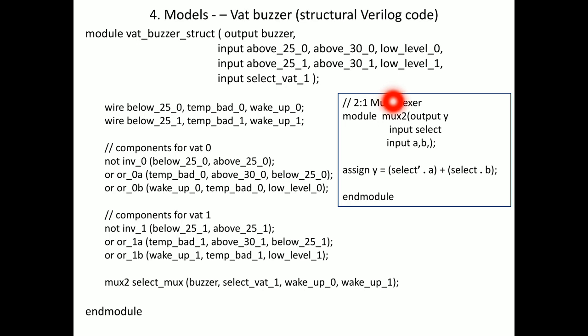Whatever name you have given in this module, mux2, in small case, while doing module instantiation you should use the same name. You should not use capital-case MUX and small-case mux interchangeably. They are pronounced the same in human speech, but small-case mux and uppercase MUX are not the same for the simulation tool. It will differentiate; it will say uppercase MUX2 is not there. The tool is a machine, it is not human to understand or compromise. We humans will compromise.